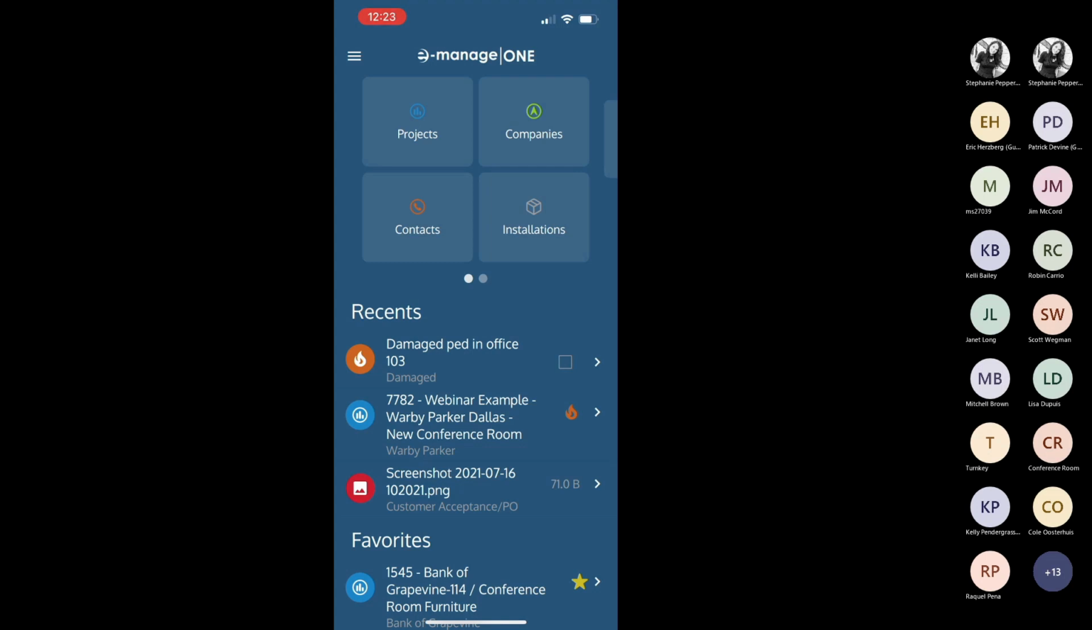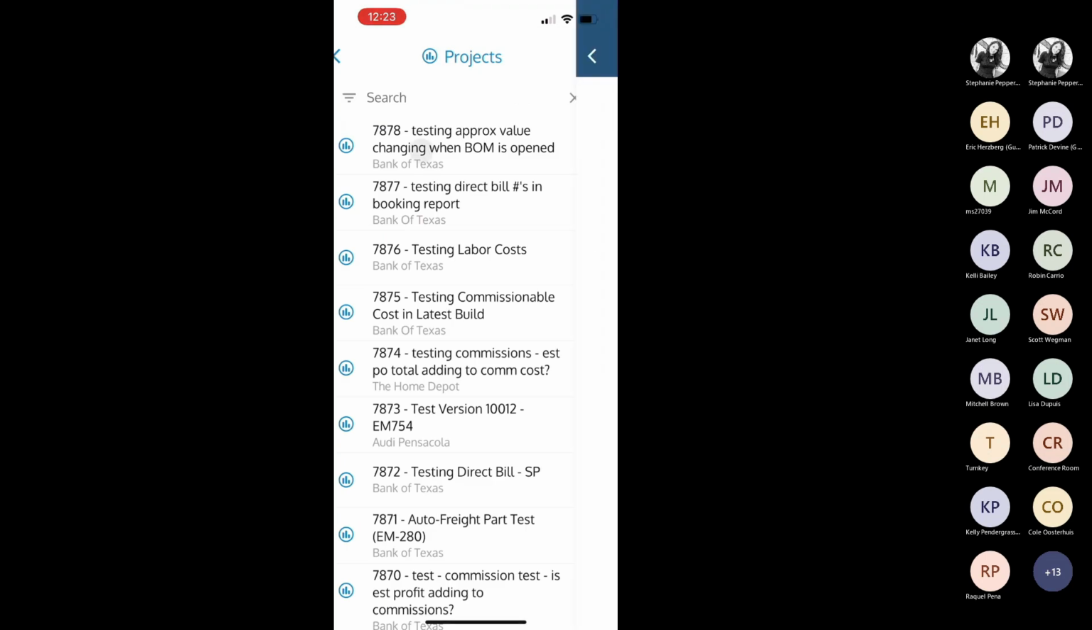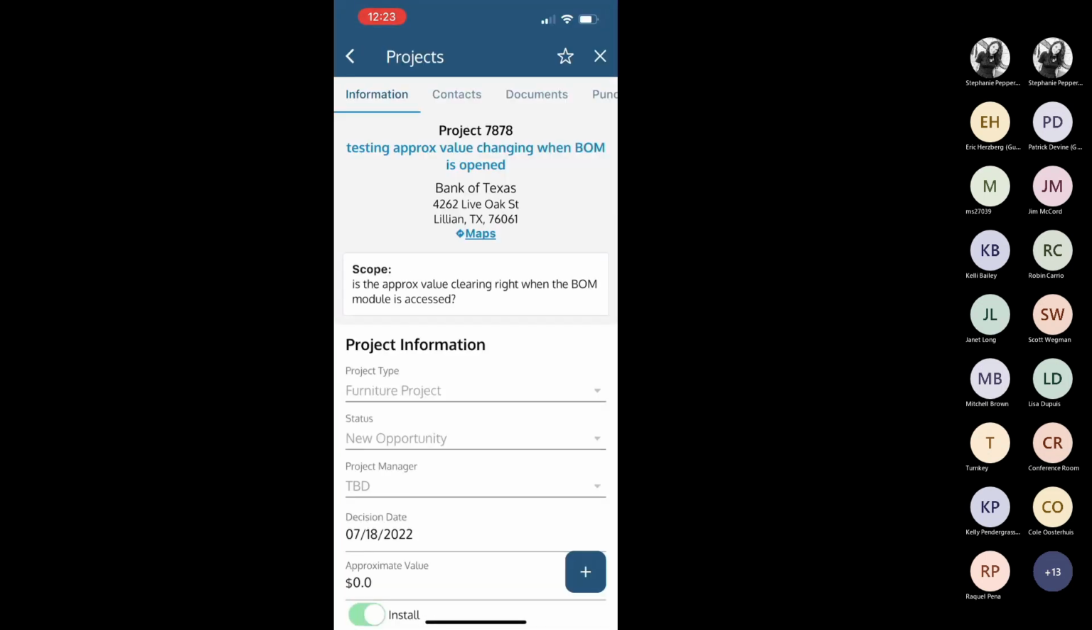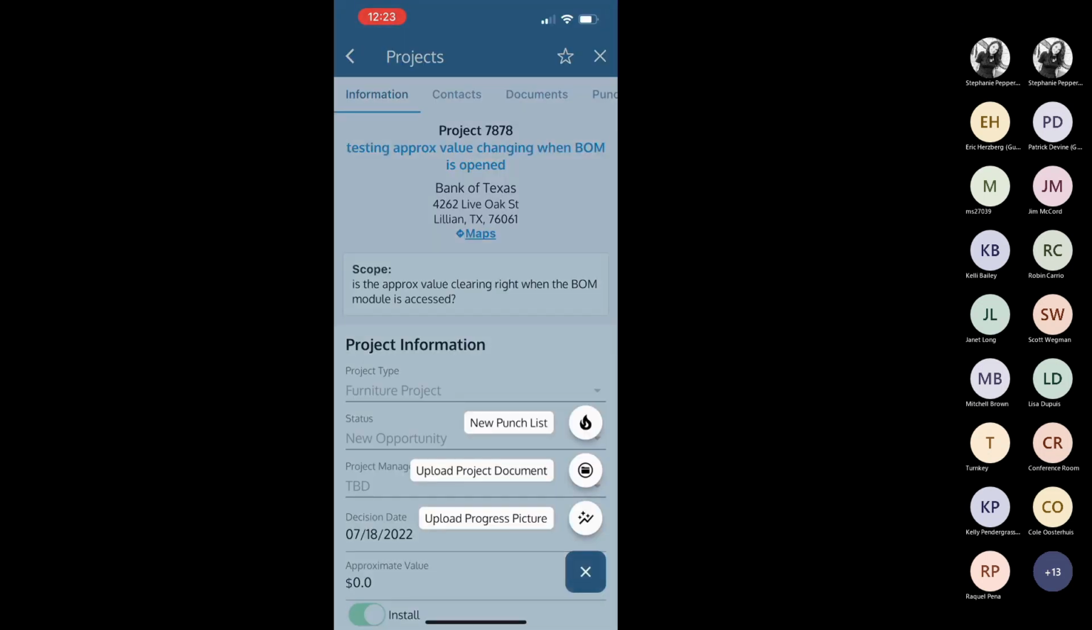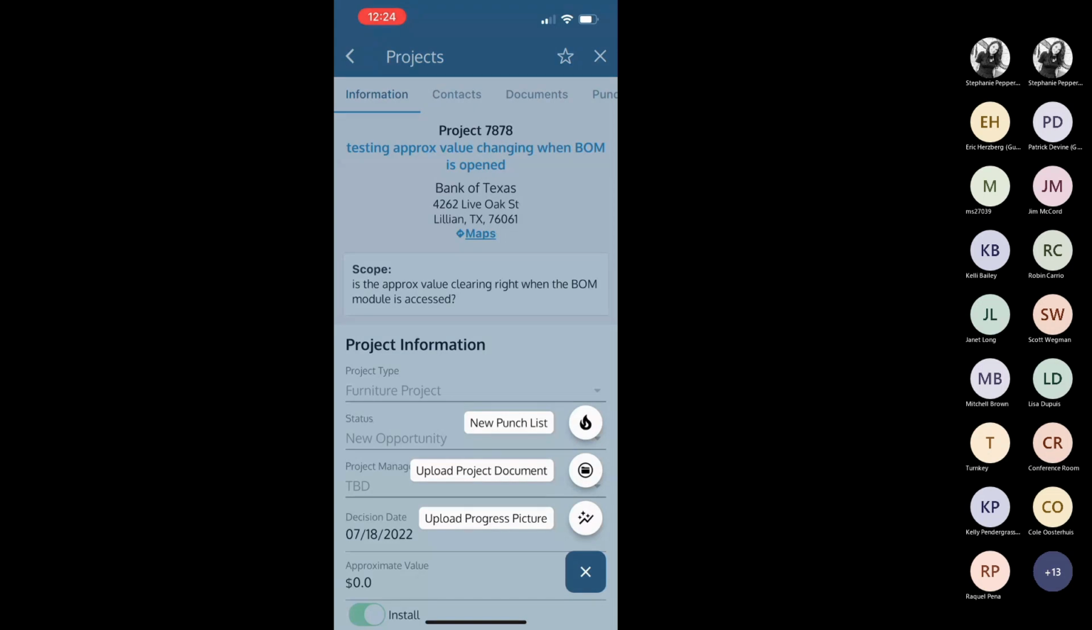Something I didn't cover while we're on the topic of pictures, if I open up a project or I'm in that project installation item, we saw that progress picture. Inside of a project, it says upload project document. So if you have files saved to your actual mobile device, you can upload from files or again, upload from your gallery or from your camera. Something else I did not talk about, and I do want to note while we're talking about uploading images,